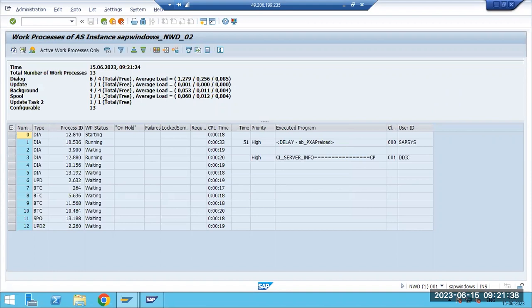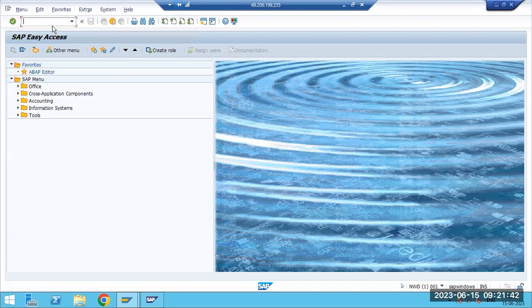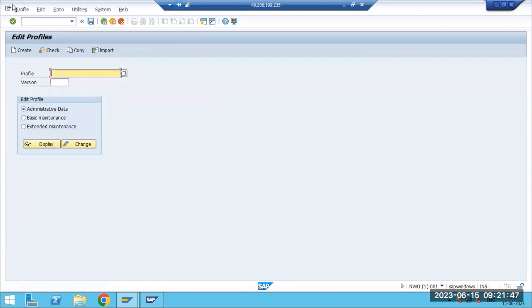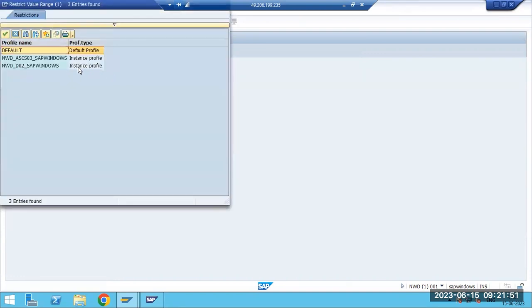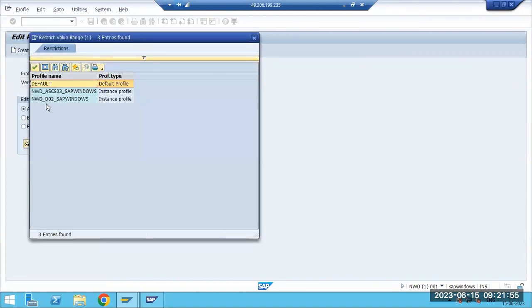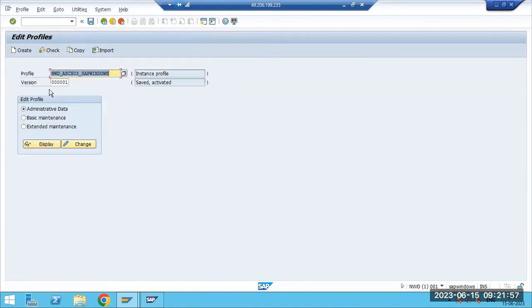Not only batch process, how did we increase this configuration? By changing the parameter values. So which parameters? If you go to RZ10, the parameters are available in the profiles. They have separated each one. Suppose you go to the ASCS, which means the message server and enqueue server. Only the message server and enqueue related values are available in